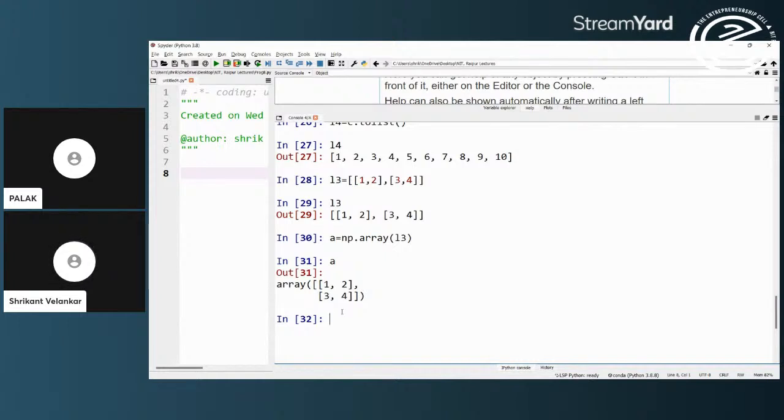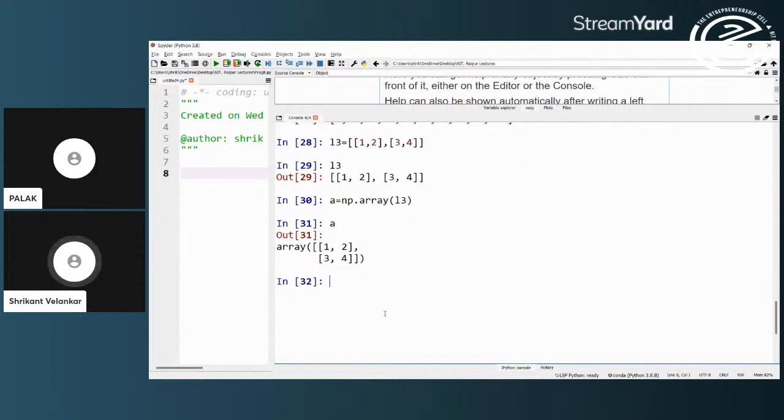Moving ahead, now let's see a few very readily used NumPy arrays. These functions will be very useful in operations, especially with matrices.